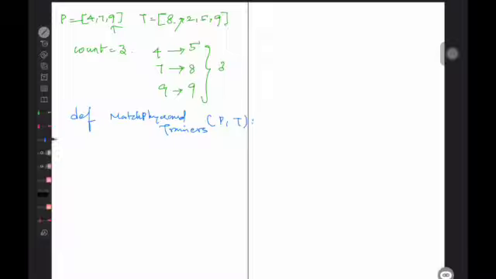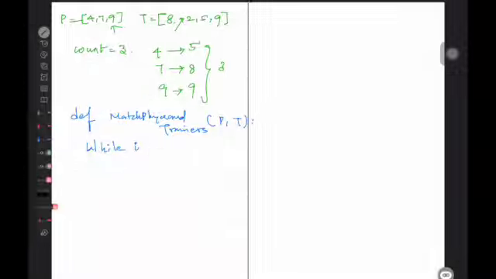We'll take i, and while i is less than n, let's assume n equals the length of players and m equals the length of trainers.